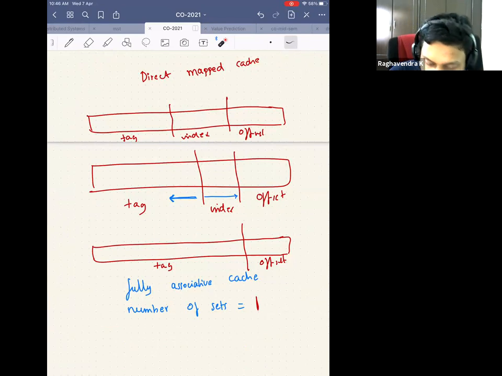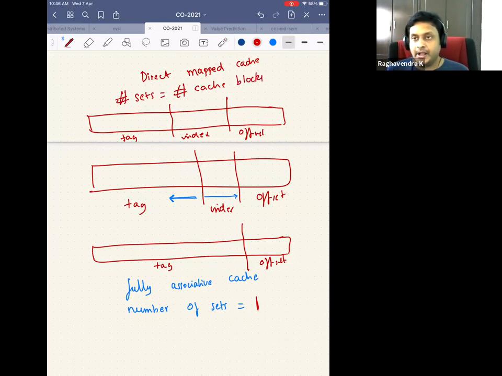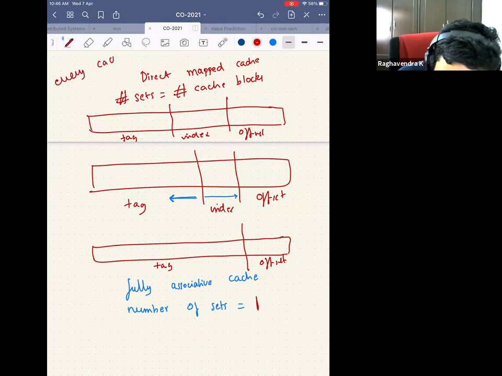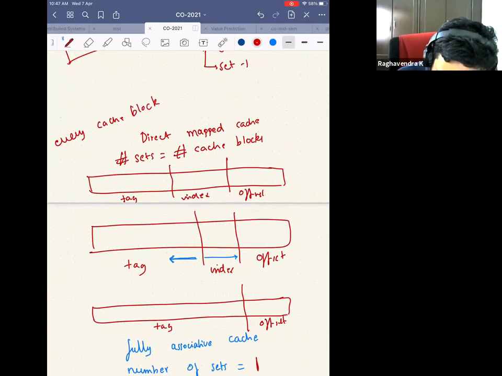In a direct map cache, the number of sets is equal to the number of cache blocks, because using the index, I go to a particular set, and every cache block in this case has only one location to go to.